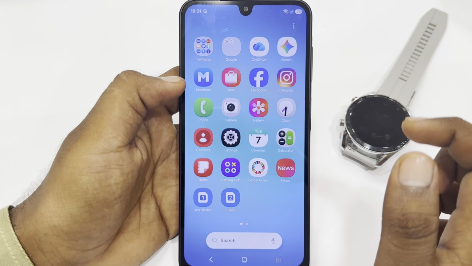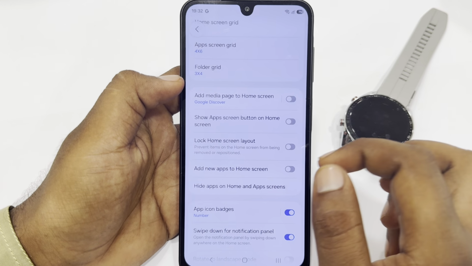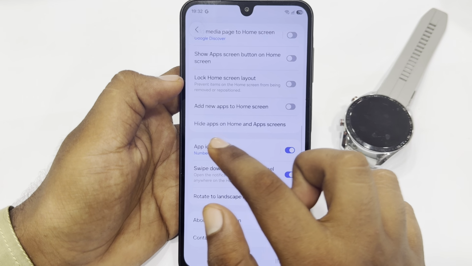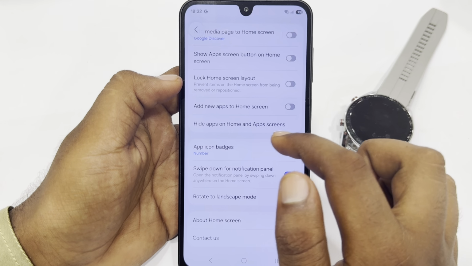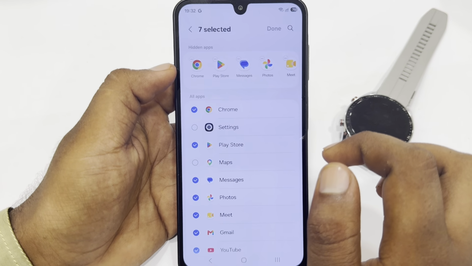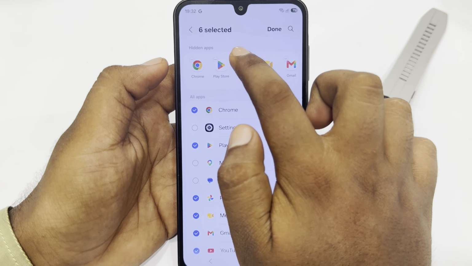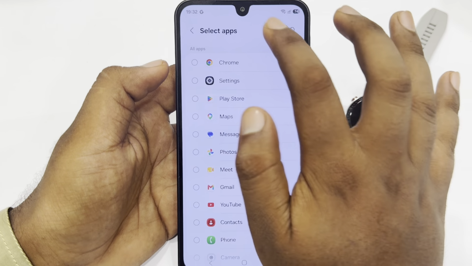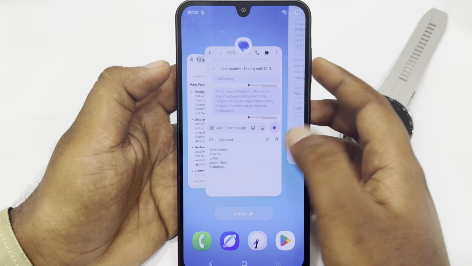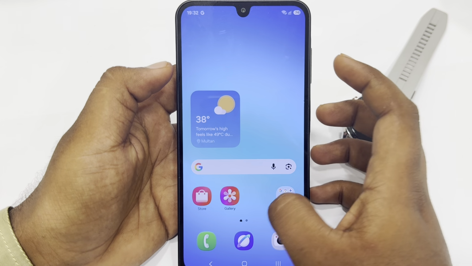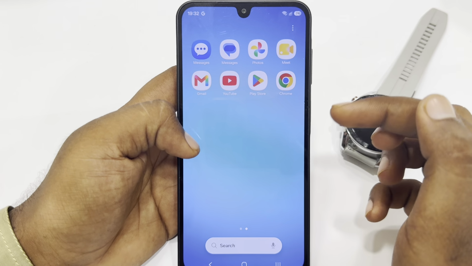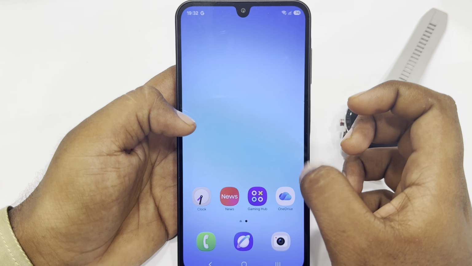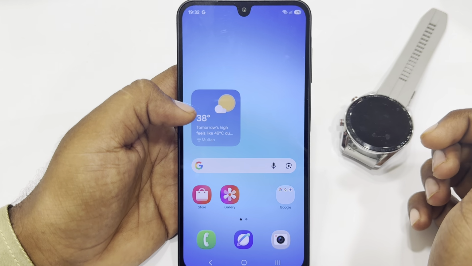Now if you want to unhide them, just go to settings again, and in hide apps on home and app screen, select this again, and just click on the minus icon over the icons of your hidden apps, and your hidden apps will be unhidden. Now you can easily access them on your home screen and also in your app screen. So in this way, you can easily hide or unhide apps in your